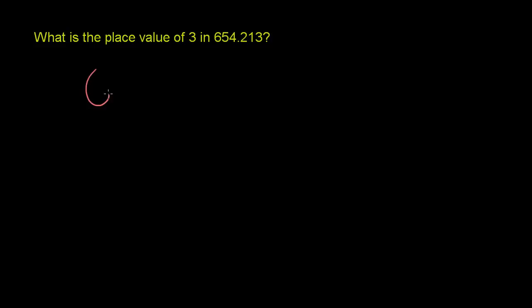So we have 654 point, we get the decimal point, 213. I want to make sure I have enough colors here. Now we're pretty familiar, I think, with what goes on to the left of the decimal point. We know that this right here, let me do this in a neutral color, that this right here is the